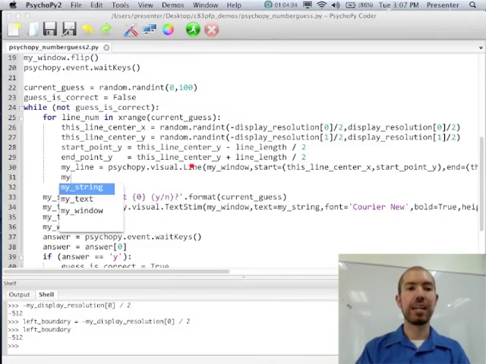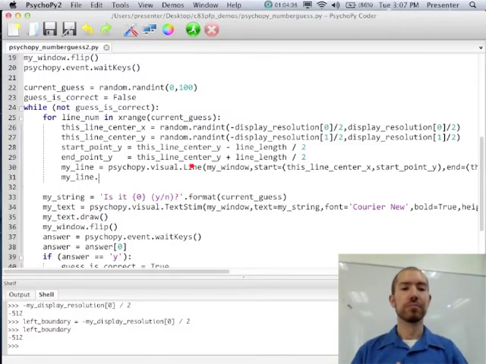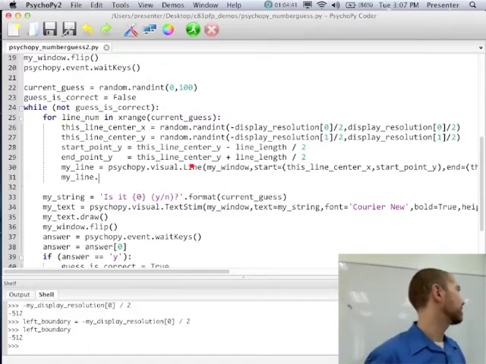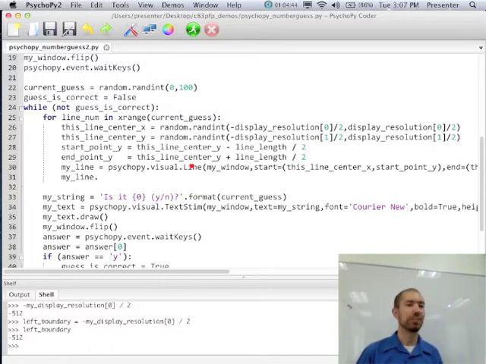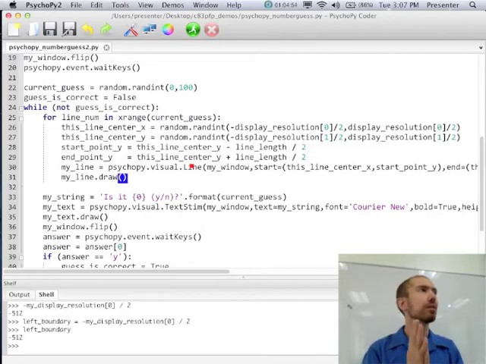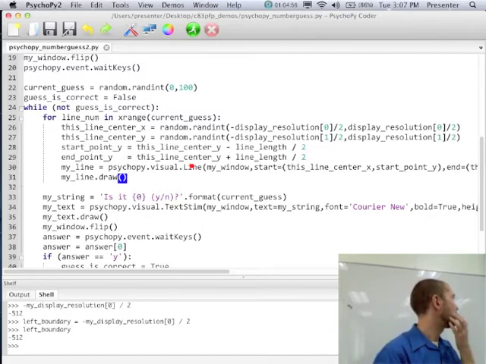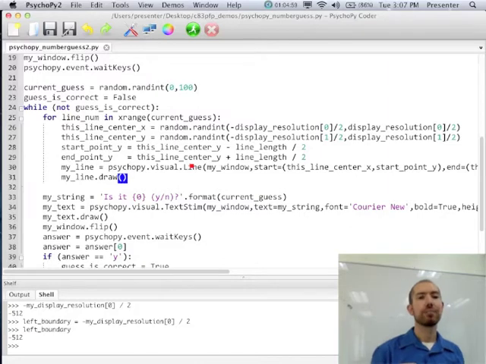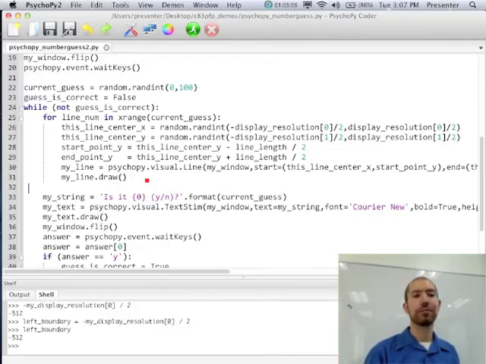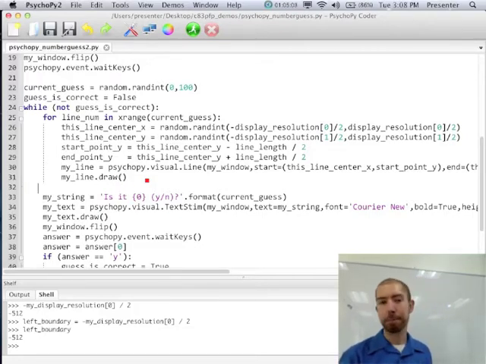All right, so the last thing we need to do, if we want the line to show up on the screen, anybody have a guess, based on what we've done with other objects so far, what method of the line object we're going to need to call? Okay, I think I heard it right. It's going to be draw, right? So pretty much every type of object that you've got in the CyclePy.visual module, except for like Windows, is going to have a draw function, because anything visual is going to want to be able to draw itself, right?